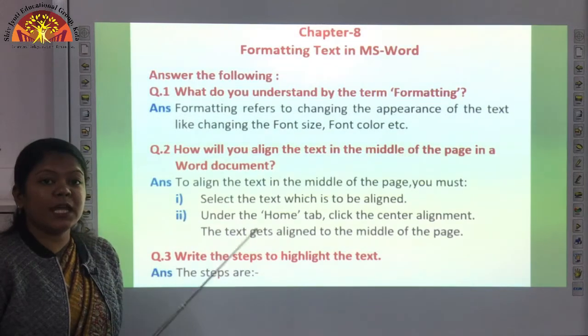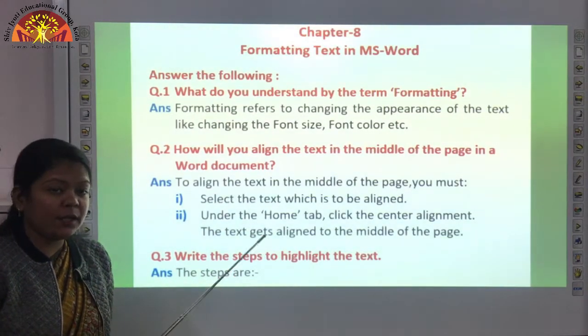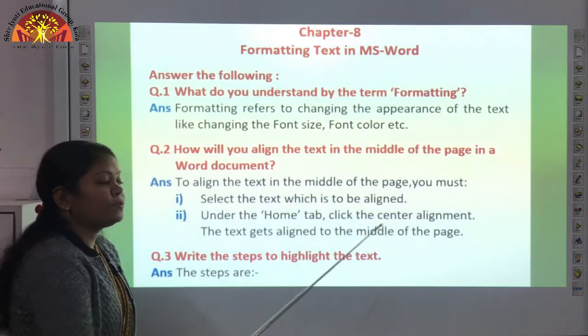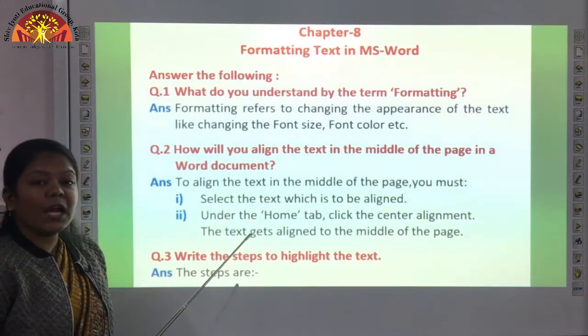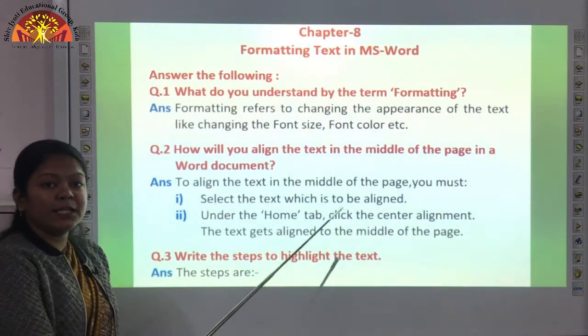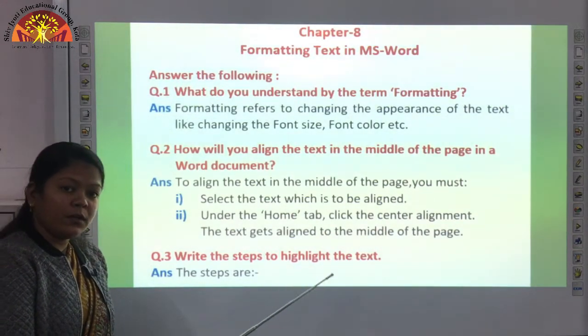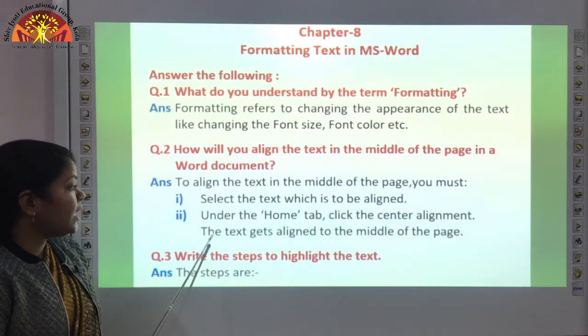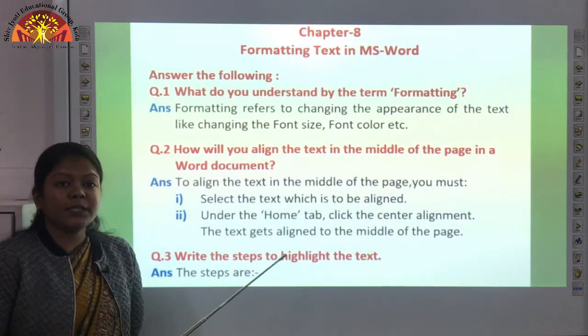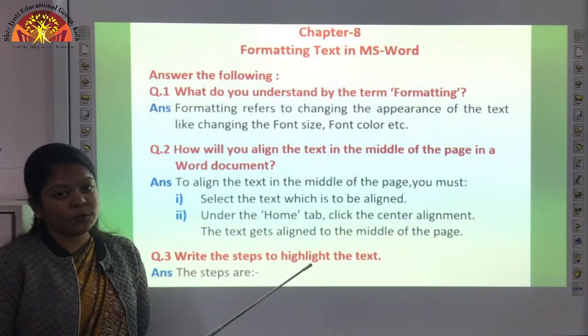So first you have to select the text जिसे भी आपको align करना है. Next, under the home tab, click the center alignment. So students, in the home tab we have 4 types of alignment. You have to click on the center alignment to align the text in the middle position of the document. Now the text gets aligned to the middle of the page. So this is the way to align the text in the middle position of the document.